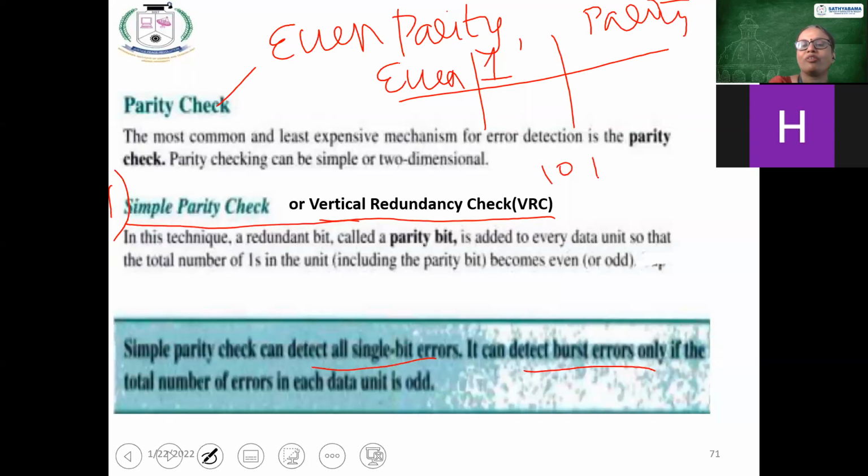1 0 1 1 1. Here how many ones are there? 4 ones are there, an even number. So for even parity, I have to add my parity bit as a 0. If an odd number of ones is there,